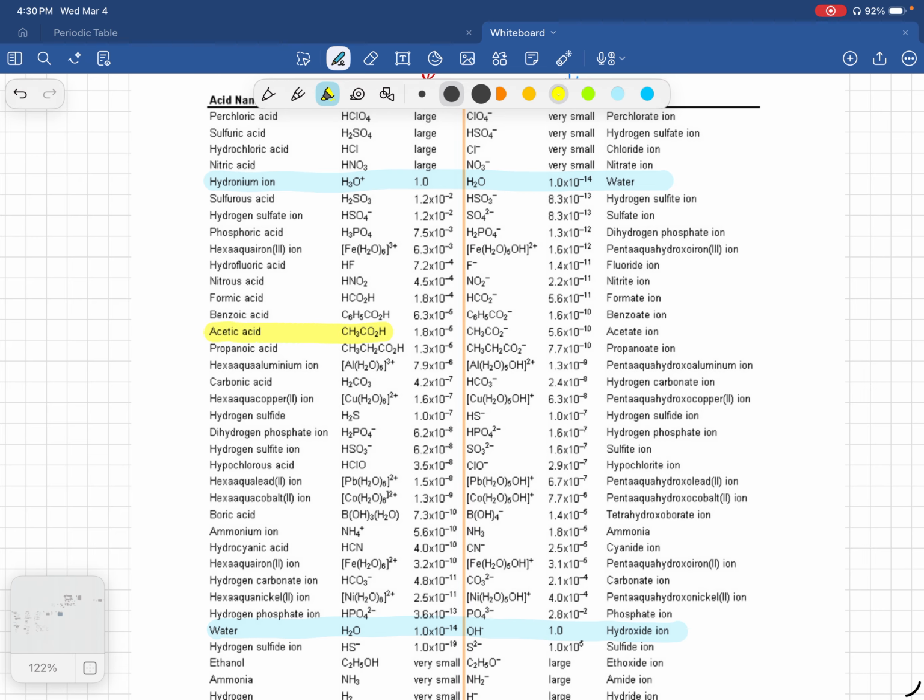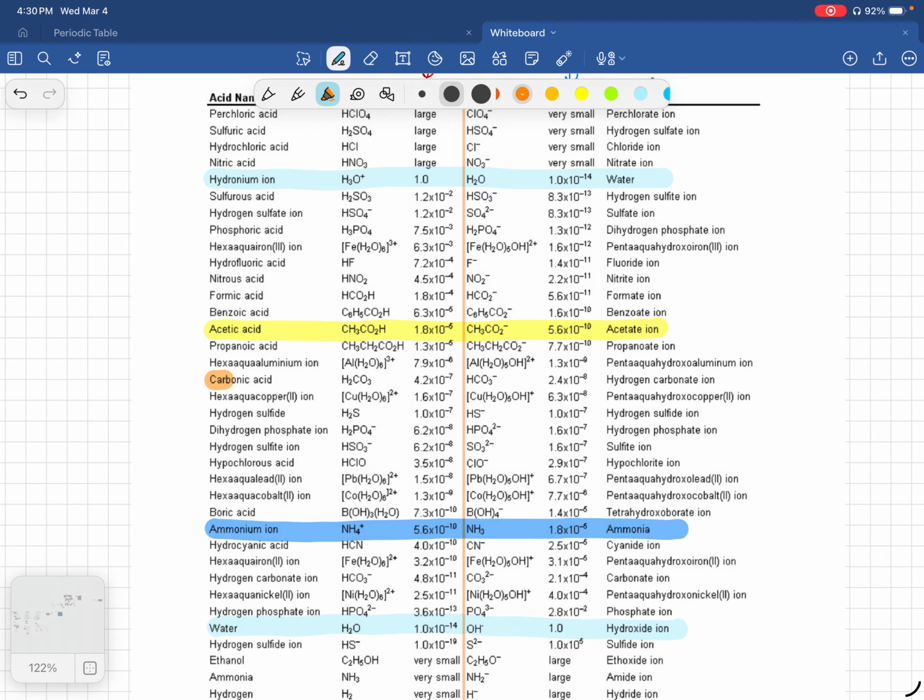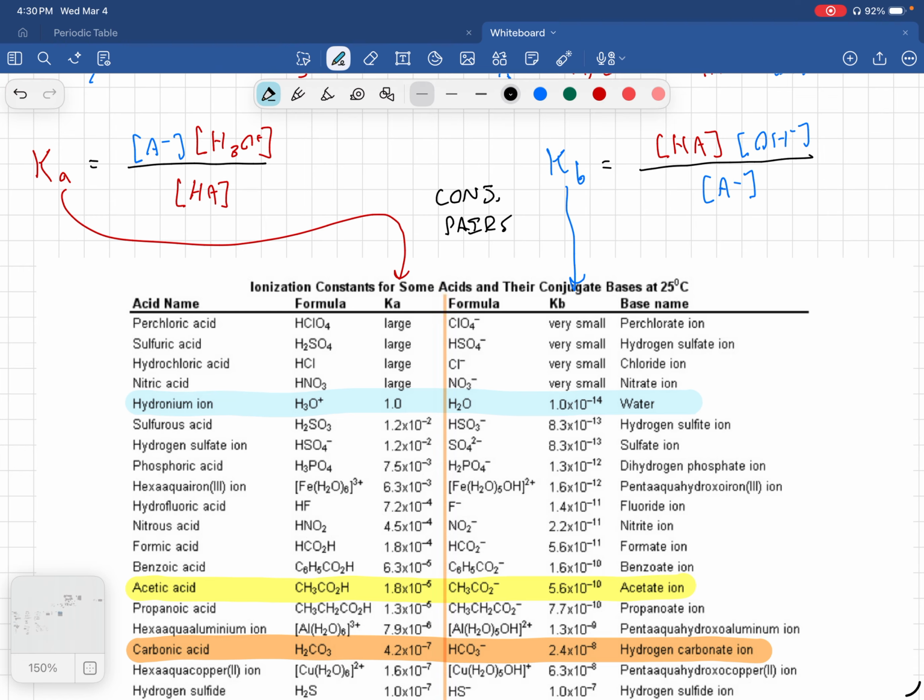1.8 times 10 to the negative 5th. So for example, there's acetic acid. We can find, for example, the ammonium ion and its base form ammonia. Also from class, where's cyanide? Where's hydrogen cyanide? Oh, it's right down there. Well, let's pick carbonic acid instead. So we have a variety of different values here, and you'll note that because these are conjugate acid-base pairs,